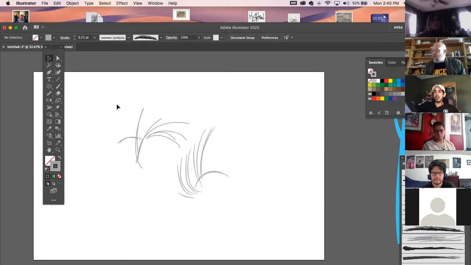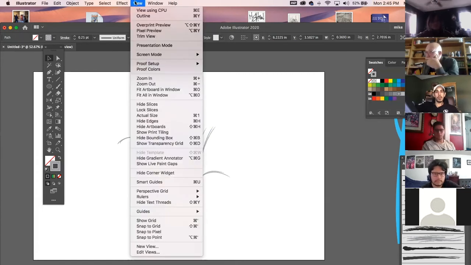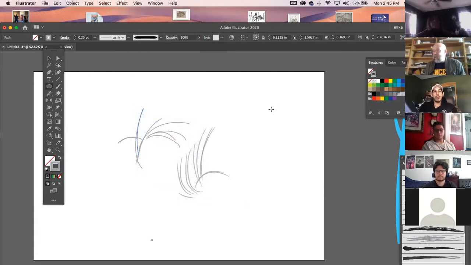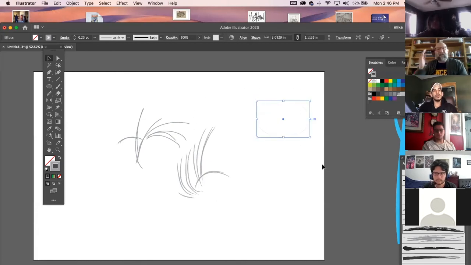There it is. The reason that just did that, by the way, you guys, is up here under View. It's right here. See where it says Hide Edges, Command H? Where that'll screw you up is if you have something, and see how we have these handles that we're used to? If I accidentally hit Command H, they go away, because that's telling it to hide the edges. So if I hit Command H again, I get them back. So if it ever disappears like that,